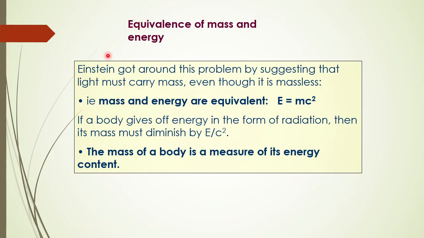Einstein got around this problem by suggesting that even light itself must carry mass, even though it is massless. So mass and energy are equivalent. So this bundle of light that moves with momentum carries energy as well. If it carries energy as well, it's as if the box has split into two parts, the light part and the box part, and some of the mass of the box was imparted into the energy of the light, and therefore the light moving carries it away with some mass, so therefore the center of mass of the box